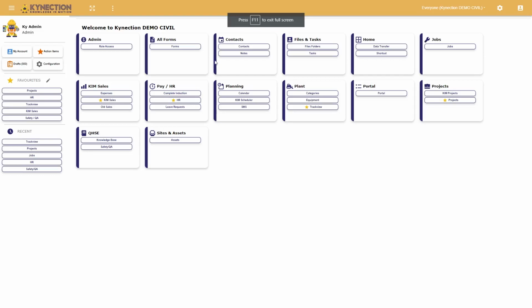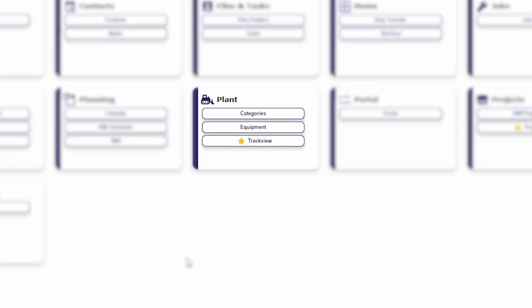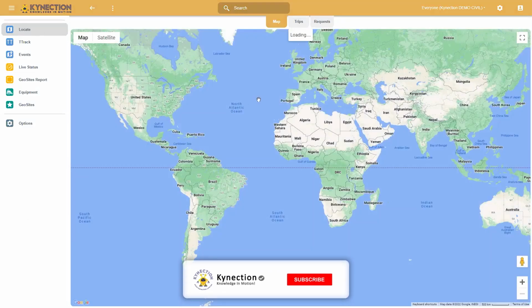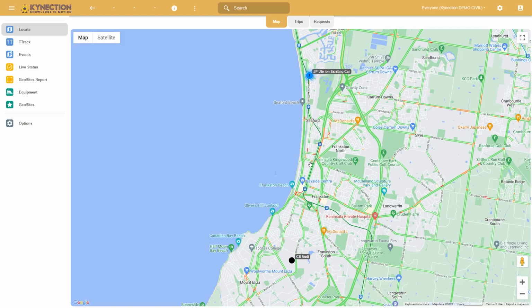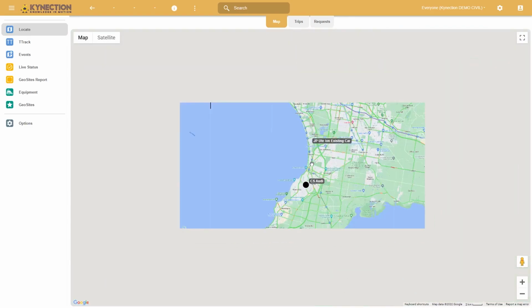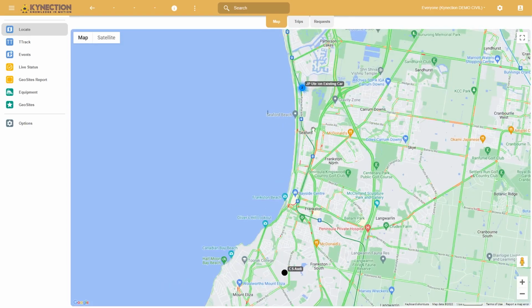We'll start off as always from the shortcuts module. This is where you'll be able to access our module, which is called Trackview. Once you're in the module, it will load all of the data of your GPS units attached to your fleet for your particular database. In this particular example, we've just got test data of some of our employees' vehicles, and